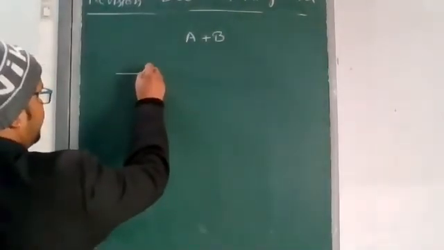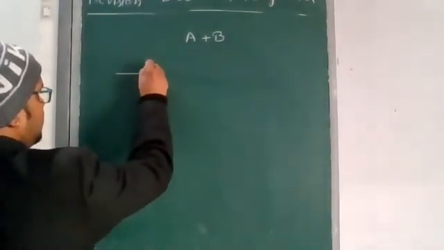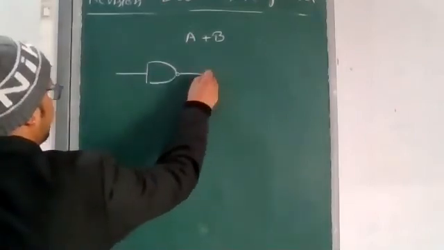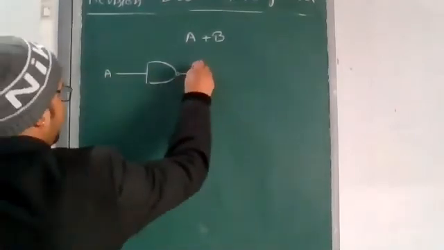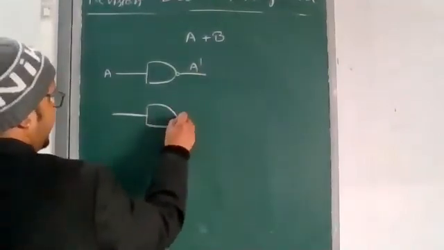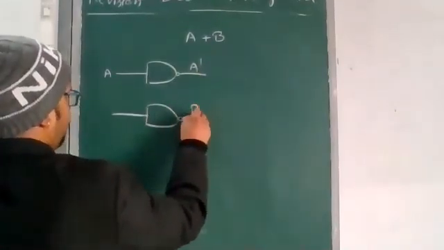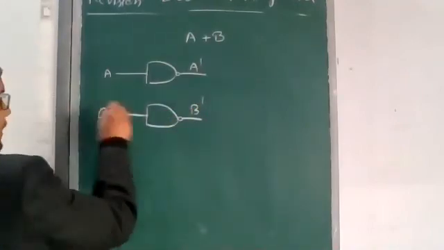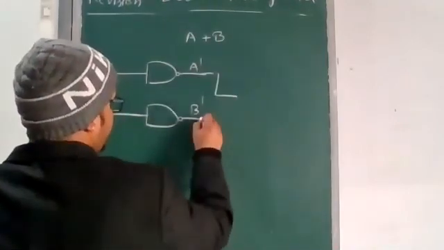You have to write this NAND gate, which gives A complement. Similarly, one more NAND gives B complement, and the final result is